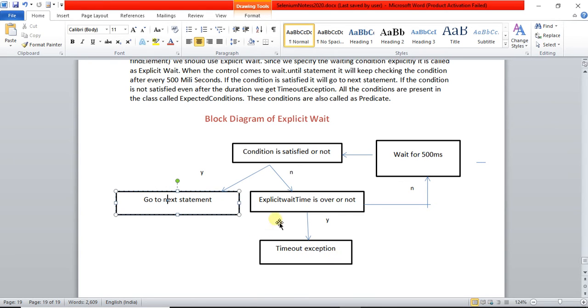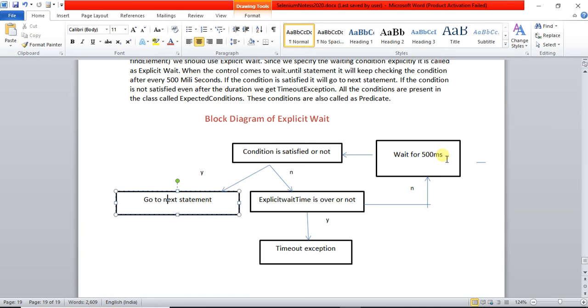If the specified time is not over, it waits for 500 milliseconds. This 500 ms wait is called the polling period. The polling period is present inside the FluentWait class, which is a concrete class. The process continues until the condition is satisfied or the specified time is over. This is the block diagram explanation.